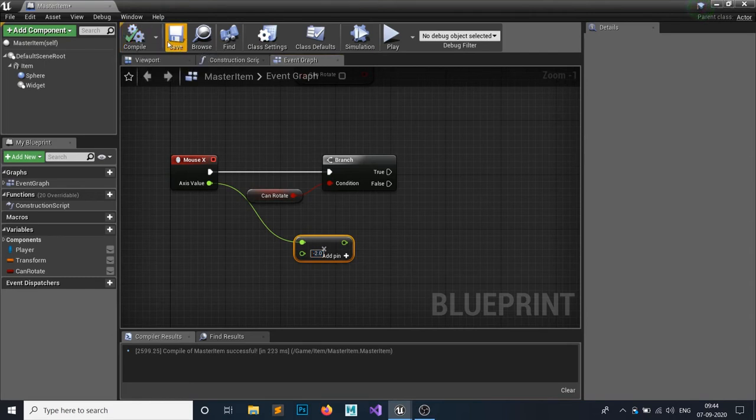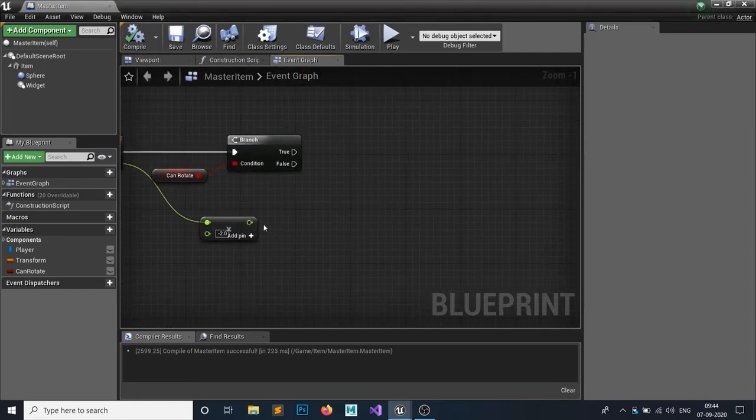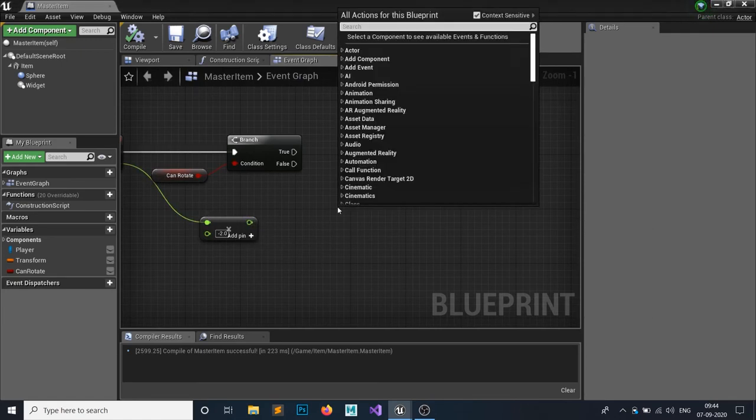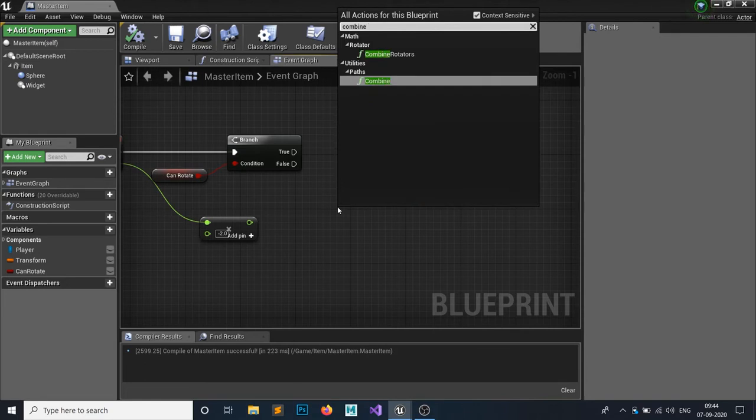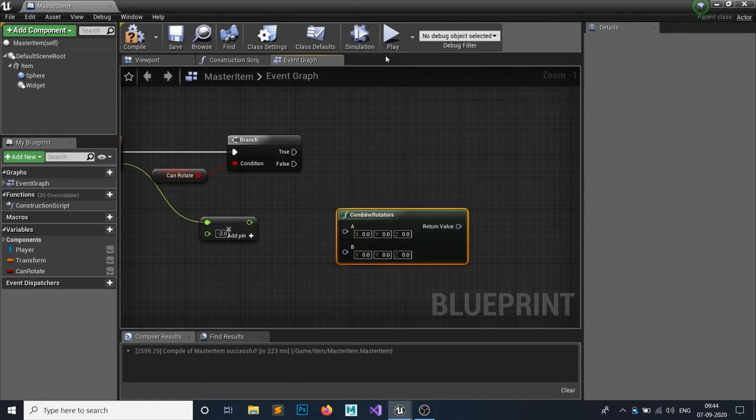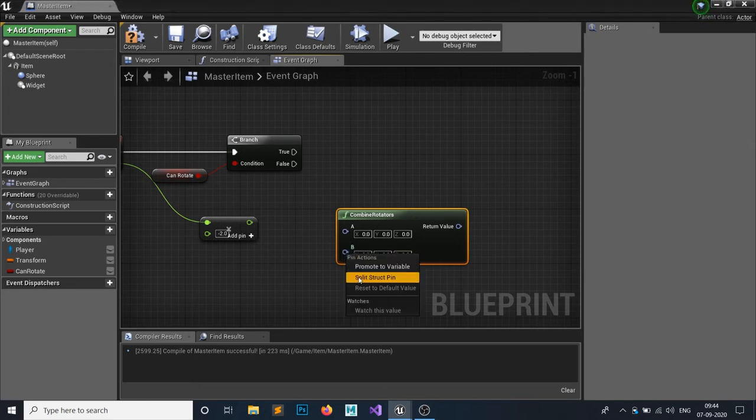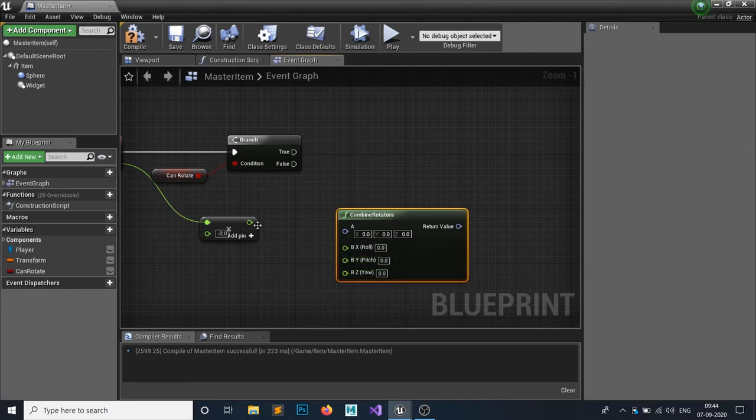You can multiply with whatever you want, just make sure the value is suitable to you. And after this, right click and add combine rotators, and on your B part, right click and split this struct pin.